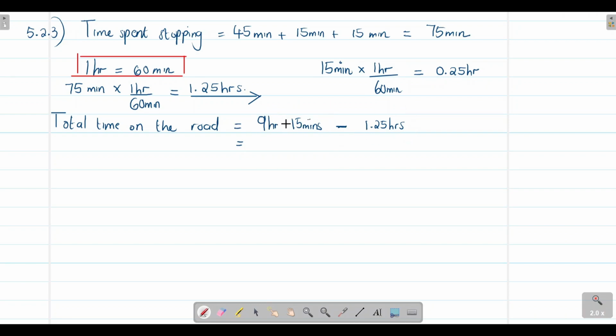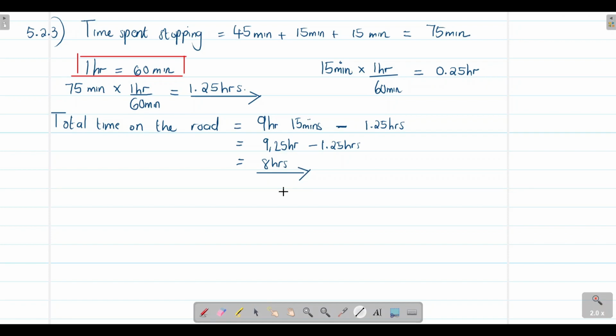Okay, so 9 hours plus 0.5 hours is the same. 9 hours 15 minutes is the same as just saying 9.25 hours, because 9 plus 0.25 is equal to 9.25. So 9.25 minus 1.25 hours, right? That will basically leave you at 8 hours. Okay, so the total time that Coach Maxwell spent on the road on the national highway actually was 8